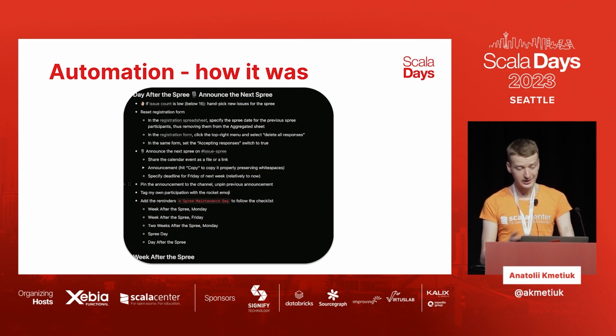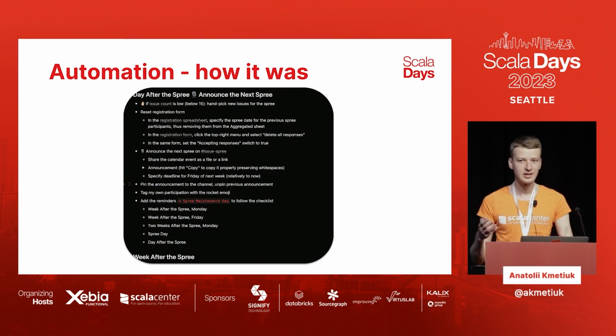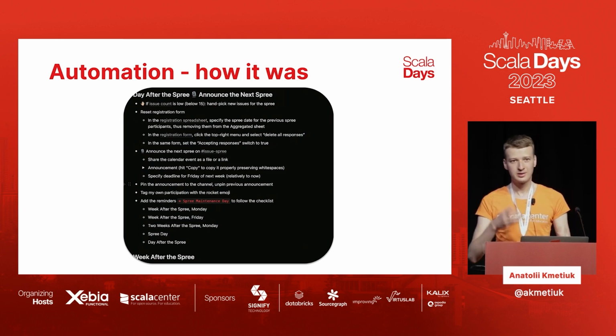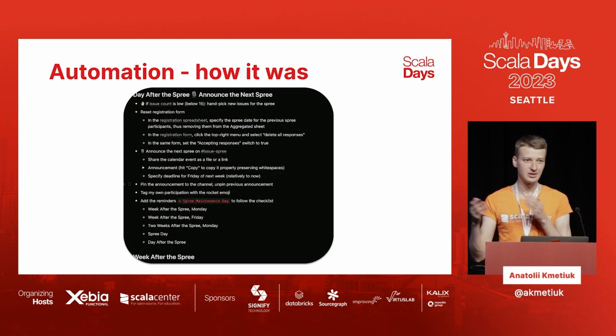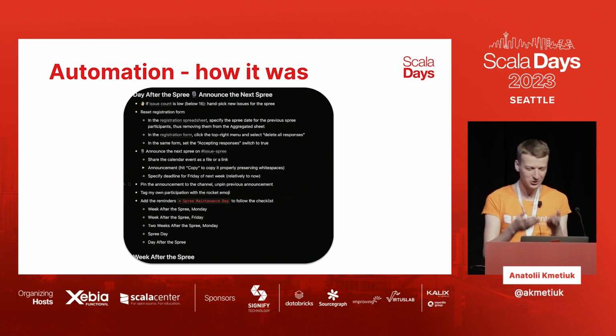But of course, it is very tedious to follow those checklists. The cycle of the spree is 3 weeks, and on every one of those 3 weeks, you have to go through some checklist, and it takes time. And it is not only time; it is the switch of context. For example, you're working on something else already, and you still need to do this checklist, and you run into some deadlines on other projects, and you just don't want to do this checklist.